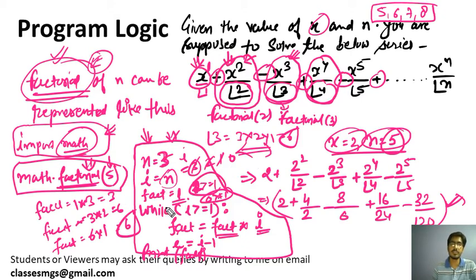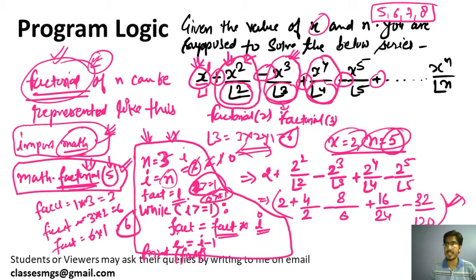If you want, you can use this logic. If you don't want to, just use the math module: import the math module, and use the function factorial. You can directly calculate the factorial by passing this value. Because I have the ready-made function, I will just write this code and show you.